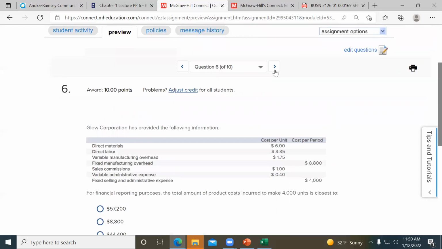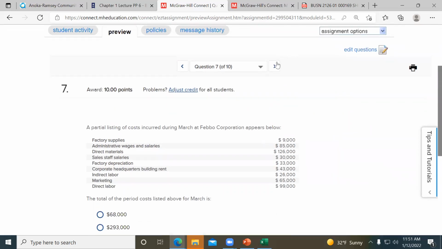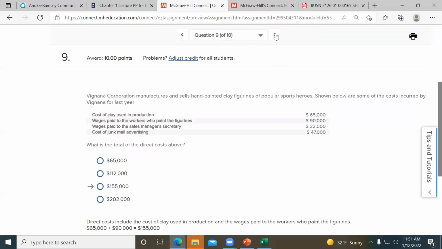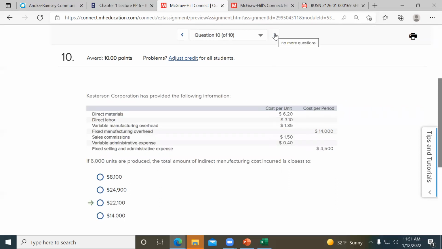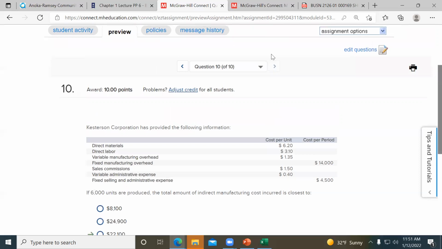Okay, then we've got period costs. We know period costs are selling and admin. Then we've got product costs, direct costs, and indirect manufacturing costs. Do you think you guys can figure this out? Okay, please, if you have questions, you're going to